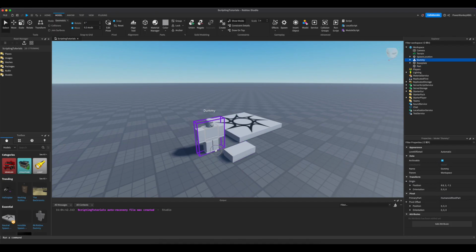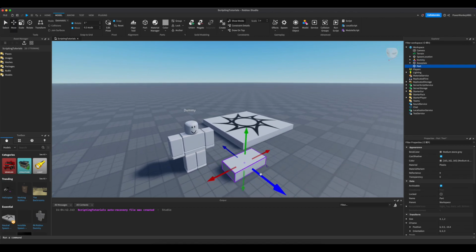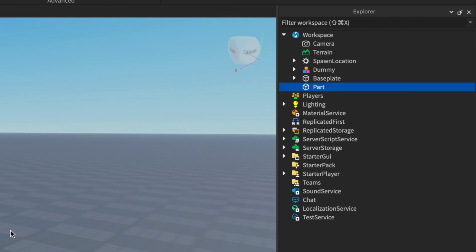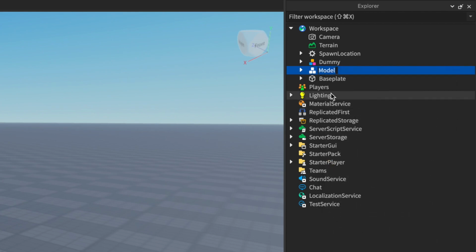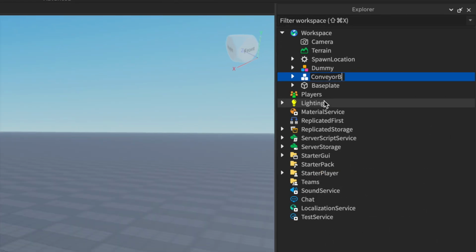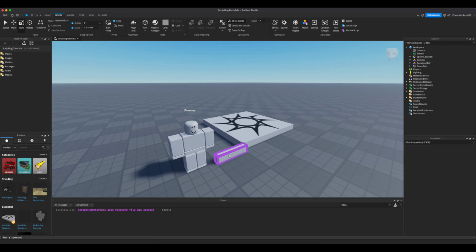So I'm just going to have the dummy just for a size reference as to how big I want my conveyor belt to be. You can make it as big or as small as you want. What I'm going to do is create the border of the conveyor belt first. I'll make this quickly and I'm just going to put this part into a model. So I'm going to do Command G, and as you can see it puts it into a model, and I'm going to go ahead and rename this model conveyor belt,